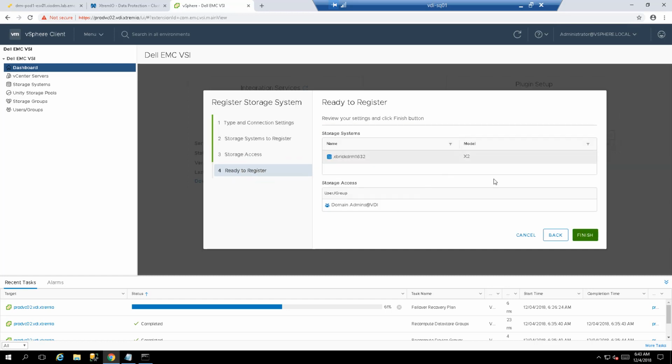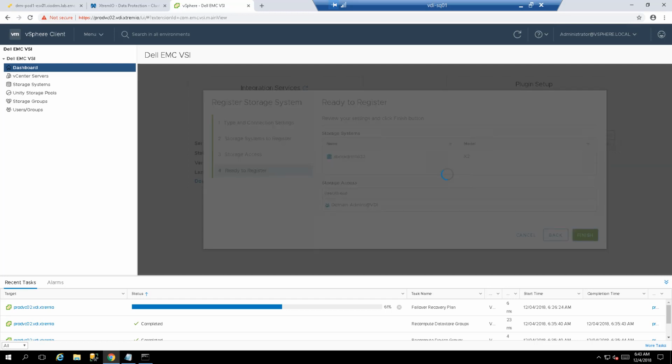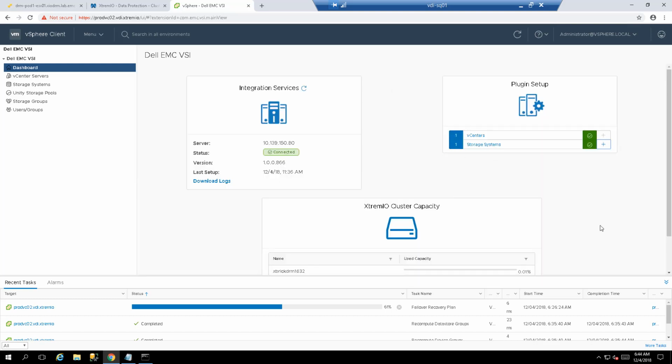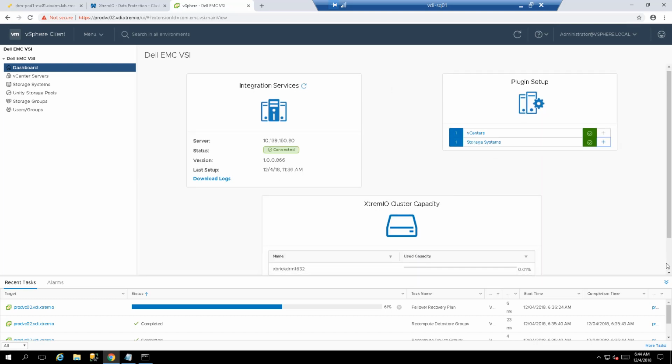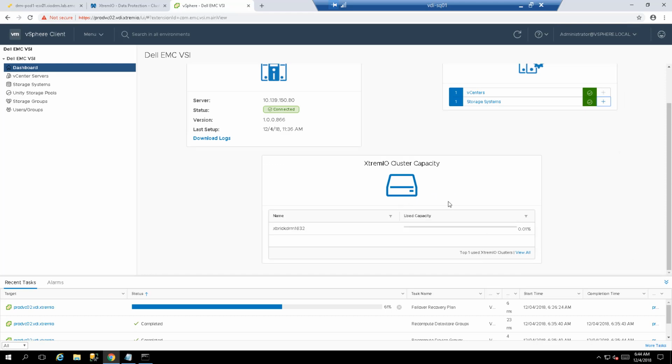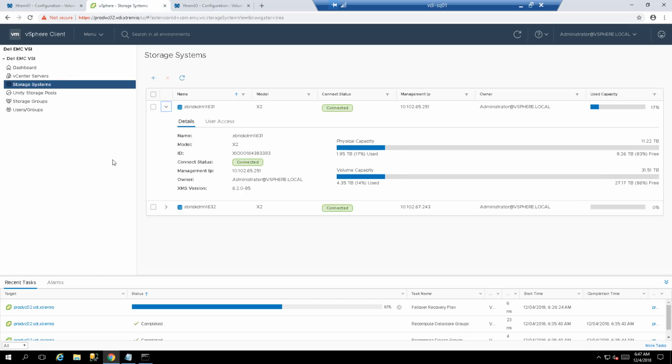get a summary screen, click the finish button here, and that's about it. So now you can see the storage system has been refreshed, and if we scroll down, we can actually see which array is being used, and we can view the capacity that's being consumed by that array. Very low capacity is currently being consumed, which is why we don't see a lot here. I've also added another array here, which has a little bit more physical and logical capacity utilized, so we can